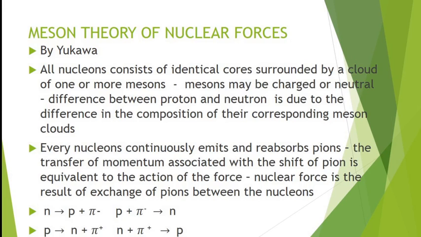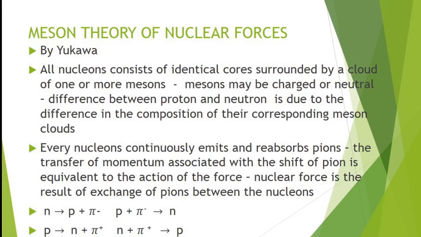Here we had already studied in the classification of elementary particles that mesons consist of pions, kaons and eta meson, isn't it? Here mesons means the pion family. That means mesons may be charged, that can be pi plus or pi minus, or neutral mesons like pi 0. So Yukawa proposed that each nucleon, either proton or neutron, is surrounded by a cloud of pions,